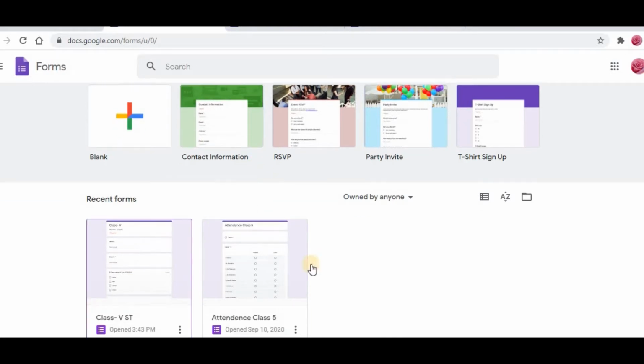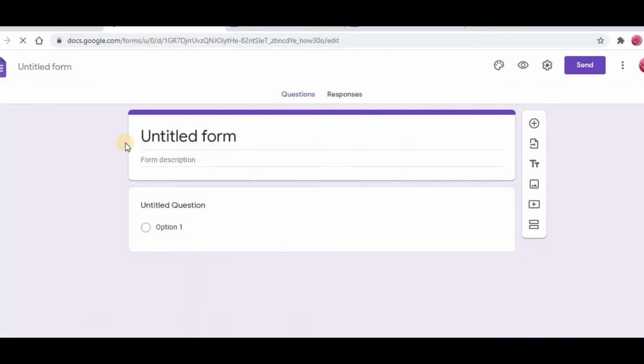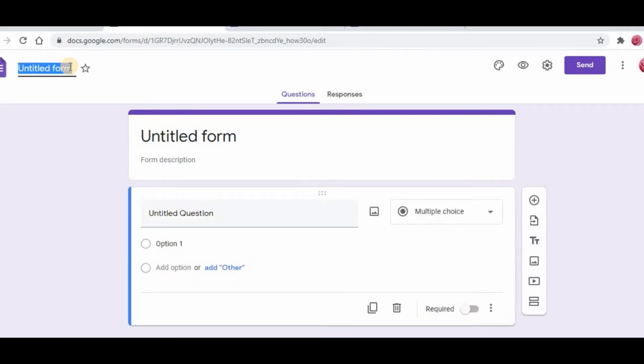Here I already created two Google Forms. First I will show you how to create one, so I'm selecting a new one now. Here you see an untitled form because the title is not there, so I want to give it a name.